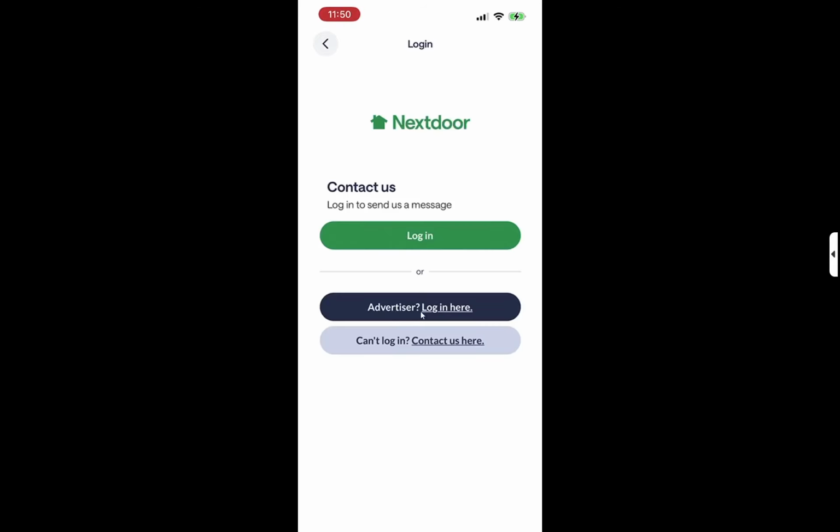For issues related to your account, neighborhood, or moderation, remember that Nextdoor generally recommends submitting a request through the Help Center. This is the primary support channel and ensures that your request is directed to the right team. Following this guidance can save you time and help you get the assistance you need.